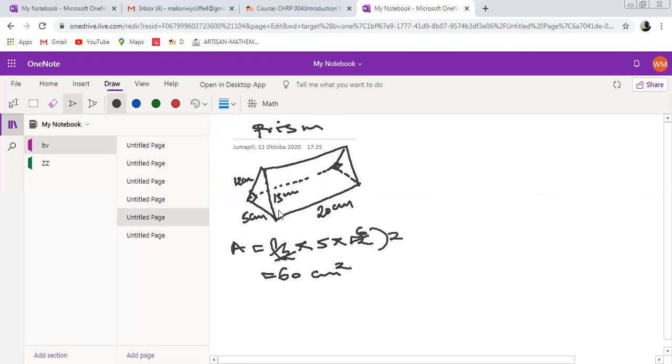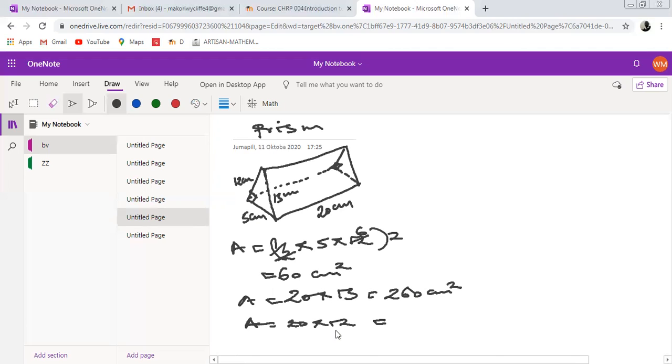Then we can talk about the area of this surface here, which is rectangular in shape. The area will be equal to the length, which we are told is 20, times the width, which is 13, which will give us 260 centimeters squared. Then the area of the side on the opposite side has a length of 20 and a width of 12. So the area will be 20 times 12, which is 240